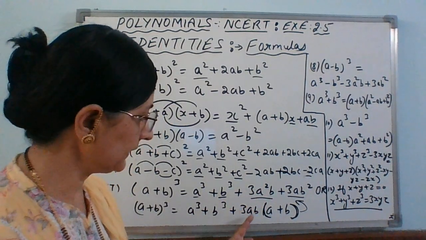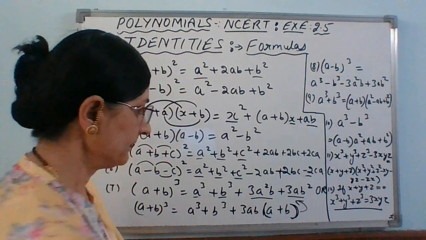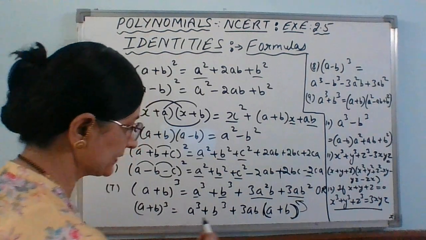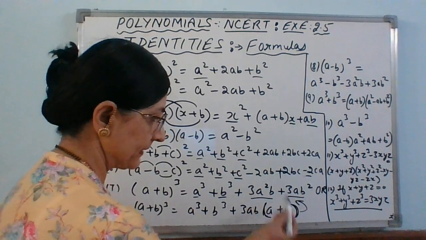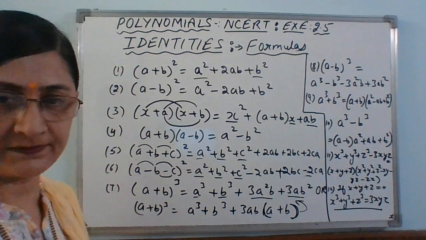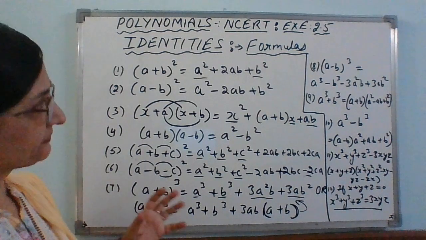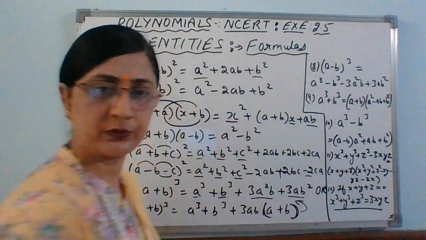When we multiply 3ab into b, it is 3ab squared b, that is b square. So this is the formula. Sometimes we use this formula, sometimes we open the bracket and use this form. It depends on what the question asks. So both these formulas are of (a plus b) whole cube, right? Similarly, (a minus b) whole cube, the same,